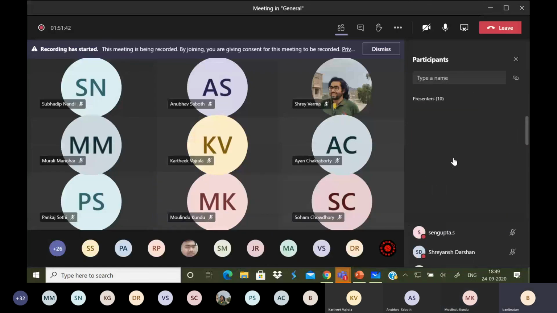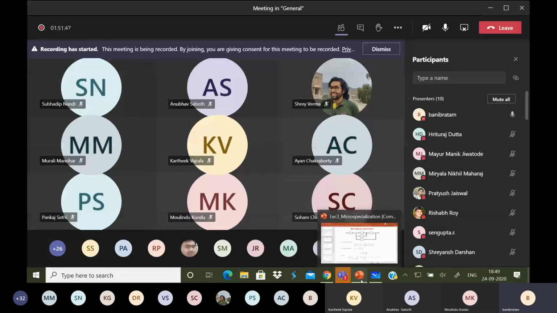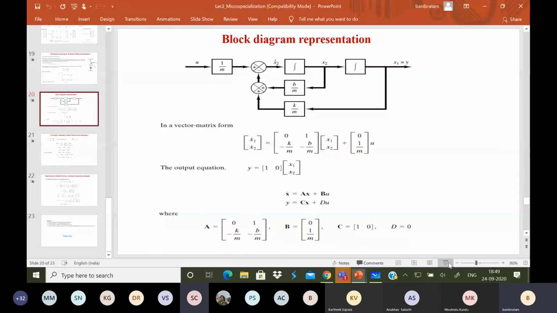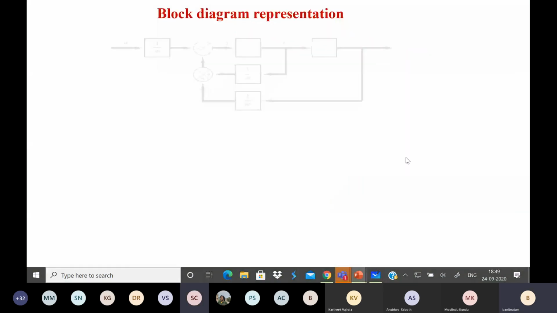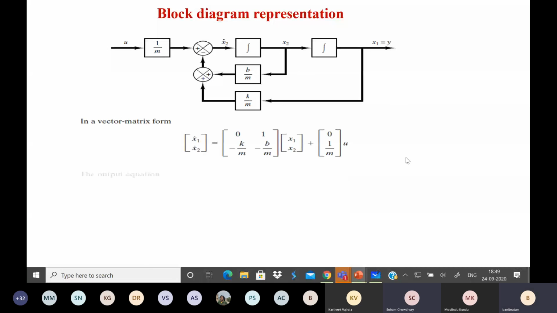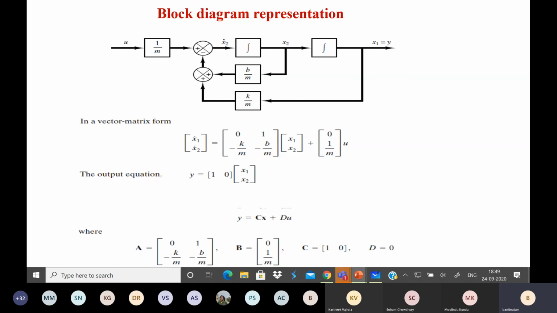So with this, we will stop today. If you have any question, please let me know. So what will be the syllabus for Saturday then? The syllabus for Saturday is till these slides, till this block diagram representation form. Whatever we have discussed till now will be the syllabus. Sir, then please upload the slides by tonight. Yes, definitely, I will upload it.